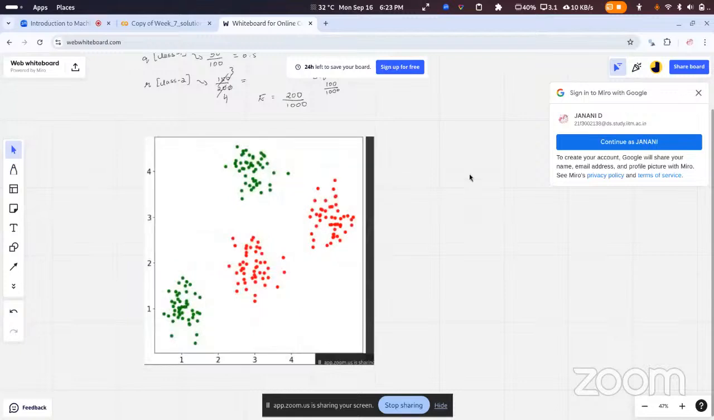So this is the data set, and we can see that the